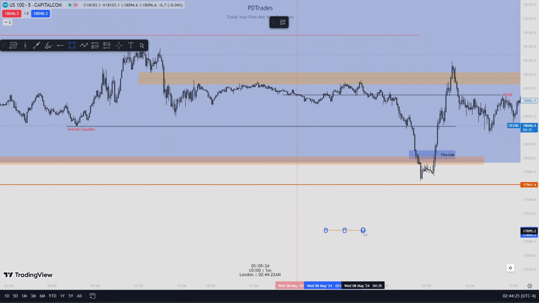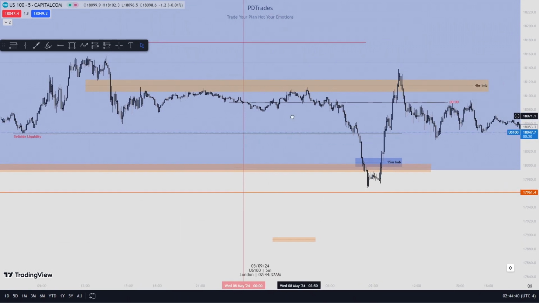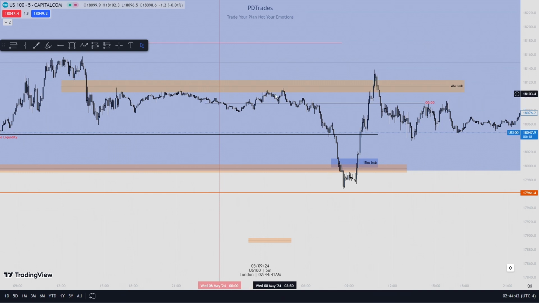From 2 to 5, right? During this time, this is London kill zone. So you see there was a lot of,